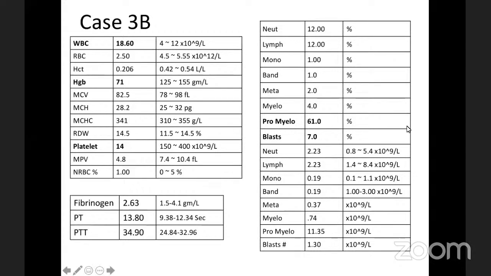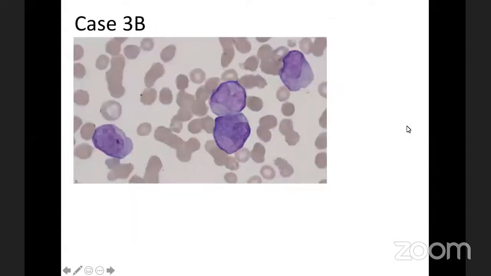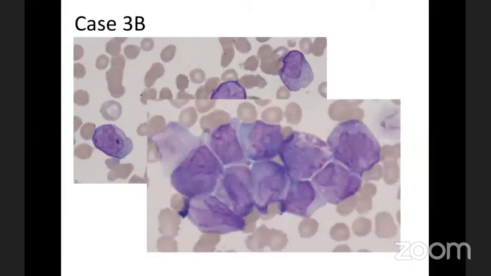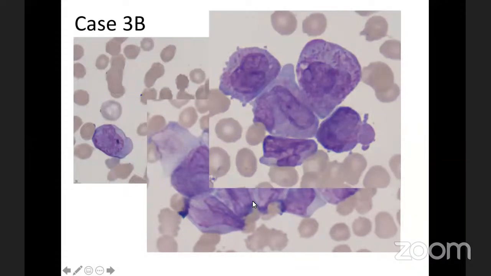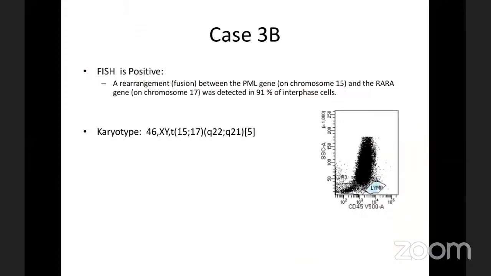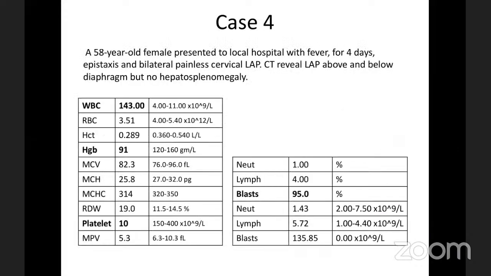And there was about 7% blasts. So yes, this is a very nice hypergranular M3, the classic with coarse granulations and the abnormal morphology of the nucleus. It was very clear. FISH was requested, being positive, karyotype confirmed, and the patient was diagnosed as acute promyelocytic leukemia with PML-RARA. Okay, case number 4